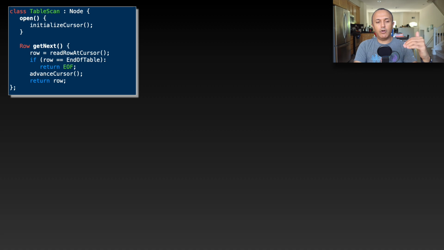So each time you call getNext, it will read the row at that position and then advance the cursor to the next row so that the next time you know which row you're going to read. And this is basically what the getNext function is doing. It's going to read the row at the cursor location. Of course, if you have reached the end of the table, then you need to indicate that this is done and you need to return end of file. Otherwise, you're going to return the row that you've read and also advance the cursor to be ready